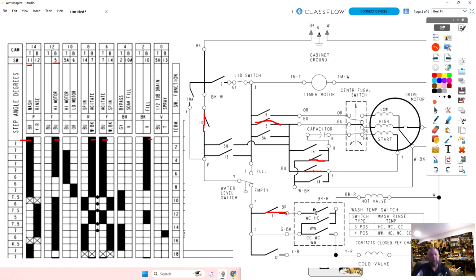We talked about this last week: we also have to close this switch, because that's the water temperature switch that I just showed you. And we're going to have to complete that circuit. So do we have cold, cold on the top switch here? If you look at the top switch, we have two things: warm cold and hot cold. These two go to this switch. This one goes to the center switch, and these three go to this switch.